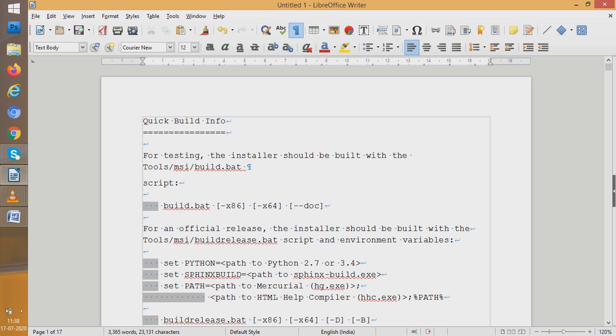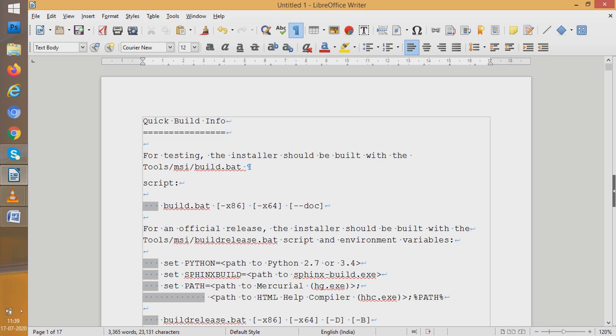I clicked it. See, after quick there was a space. So space is represented by a dot. Then build. After build there was a space. Then after info there was an enter key. This is the enter key. A left side arrow looks like an enter key. Then what we understand is where actually we put an enter key, where we actually put a space.